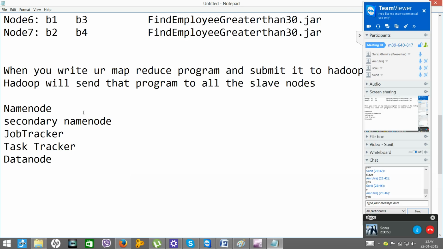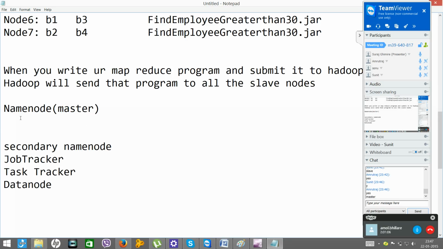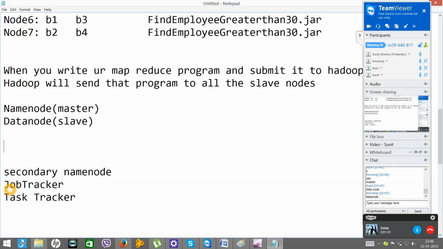So name node, is it a master or slave? Master. If he is the master, who is the slave of this guy? Again, job tracker is a master or slave?